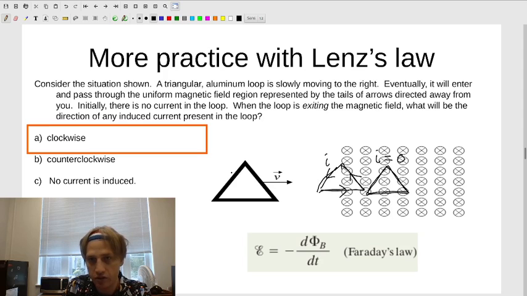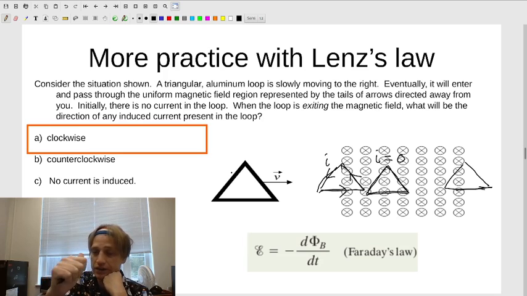Here my I would just be 0. As I'm exiting though, okay, the magnetic flux is smaller because the magnetic flux has the same value over here, but it's 0 on the edge of the triangle. So because the magnetic flux is smaller, the magnetic flux is pointing this way, but its